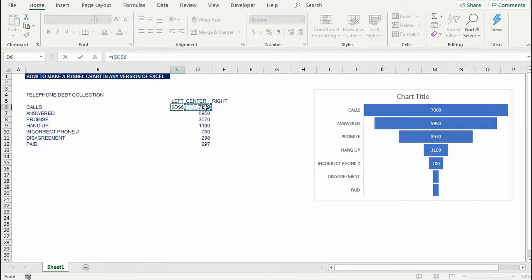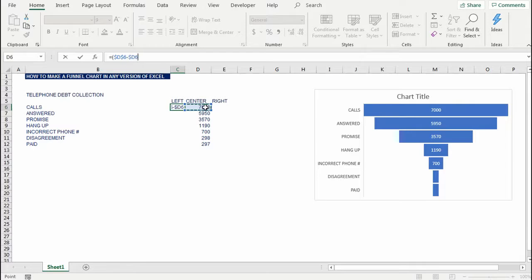Then I'm going to subtract the center value. In this case, as we are making the first formula, it is going to be the same cell, so I'm going to click again on D6 and fix the column. So it is not going to move if I go to the right or the left. However, if I go up or down, it's going to move. So I'm going to press F4 three times,